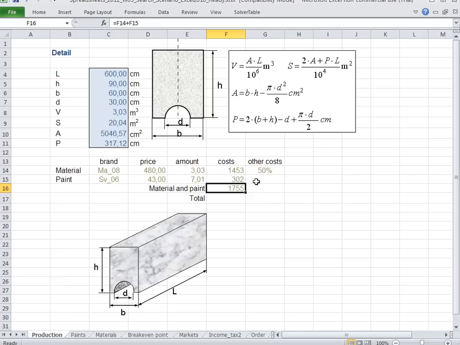So it goes like this, equals 1,755 times 1 plus 50%. Remember that 50% is 0,5, because taking 50% is as if we had multiplied it with 0,5. So we write 1 plus 50%, which is 1 plus 0,5, which is 1,5 and we multiply with 1,5, which is taking